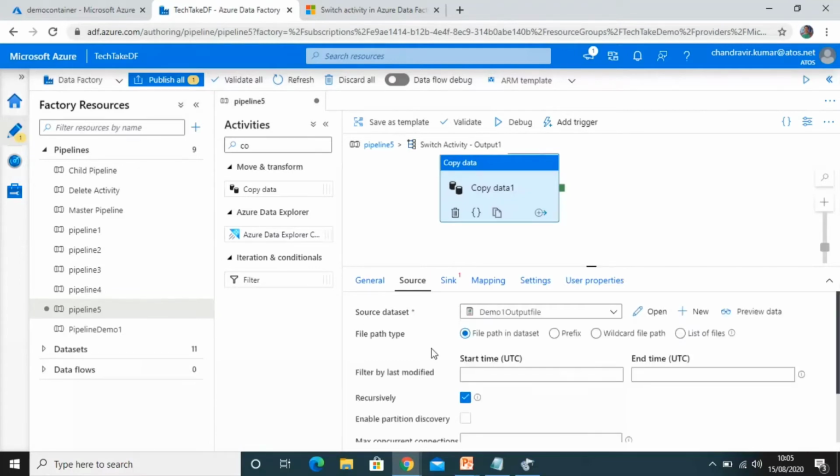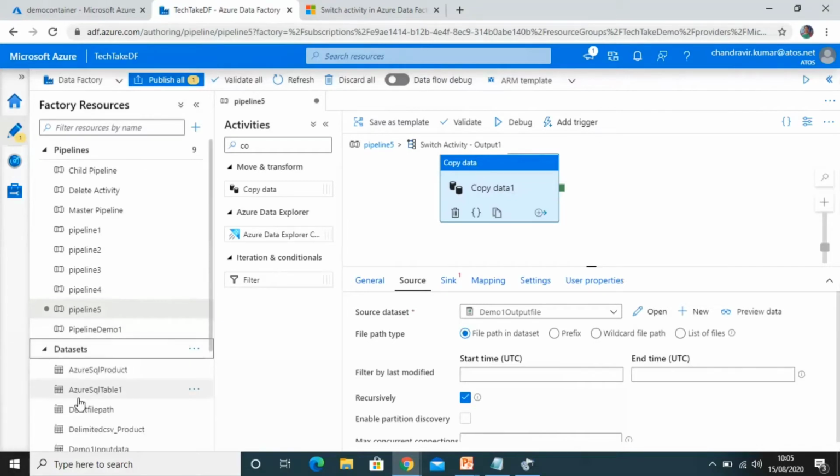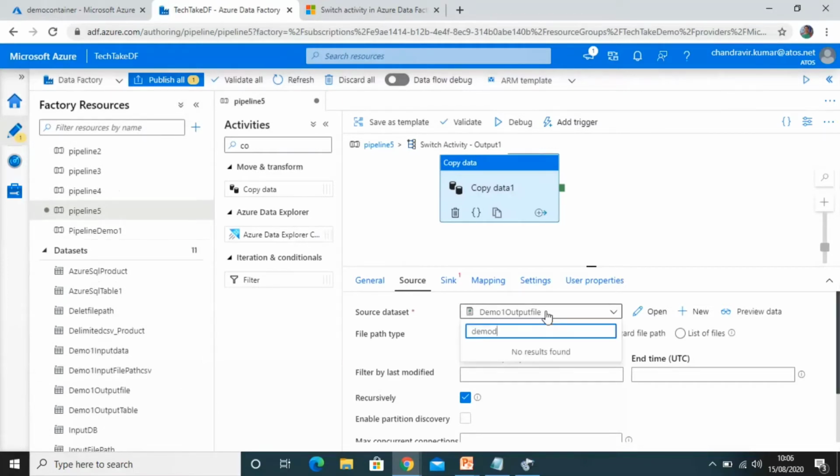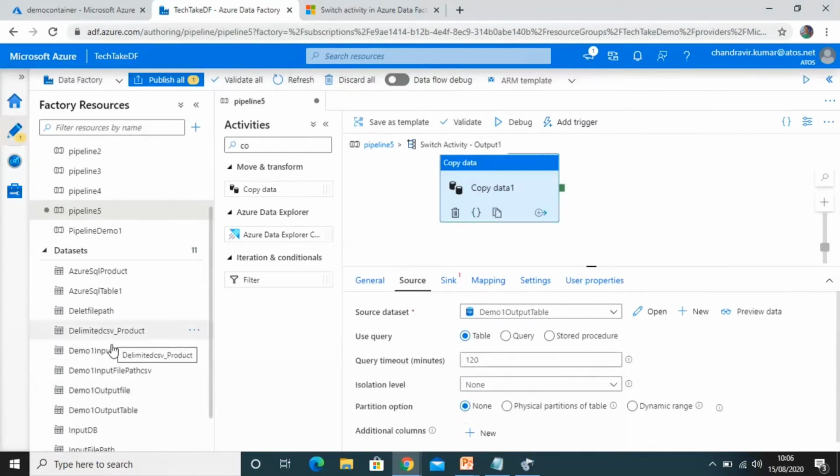Let's select the demo1 output file. Let me show you the dataset section, where we have a table. Let me select the output data one table instead of the data one file and show you the output one data table.